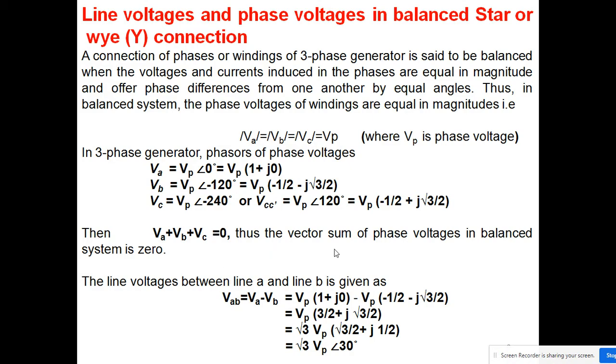Now I want to calculate the line voltage between line A and B. So I put just this value and this value, and I calculate this. Okay, so the phase angle becomes this. I can calculate using this phasor notation, and I can also calculate using the law of parallelogram. So either method is equally applicable here. Either you draw the phasor diagram and then use the law of parallelogram, or you use this concept which we have written here. So this becomes equal to the voltage between these two lines.